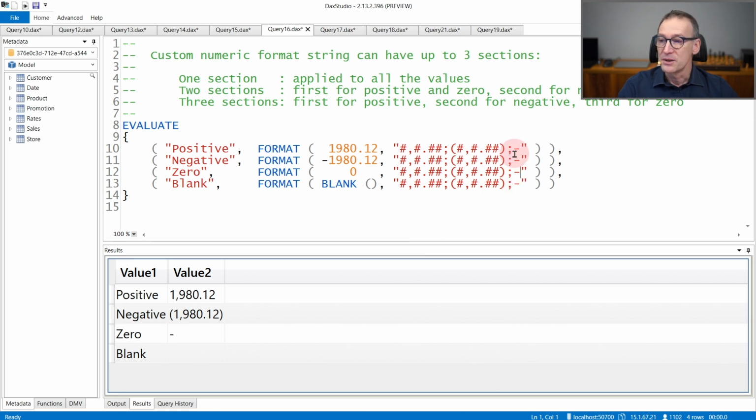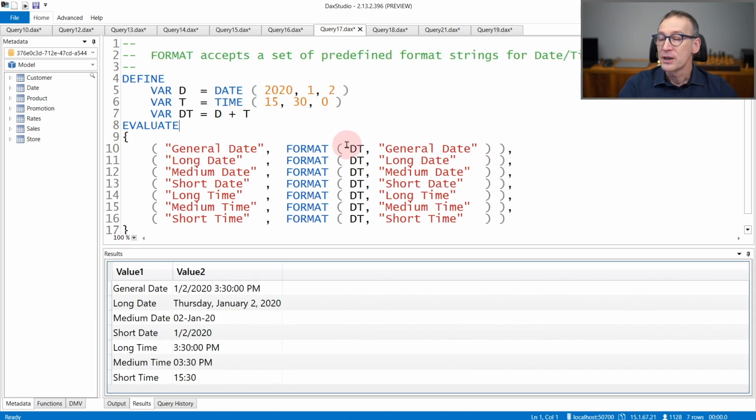So if I add the third section to the format string using just a minus sign, it shows positive numbers, negative numbers enclosed in parentheses, and 0 is represented with a minus sign. There is no way to format blanks, so format makes a difference between 0 and blank when it comes to producing its result. You can also use format to format dates.